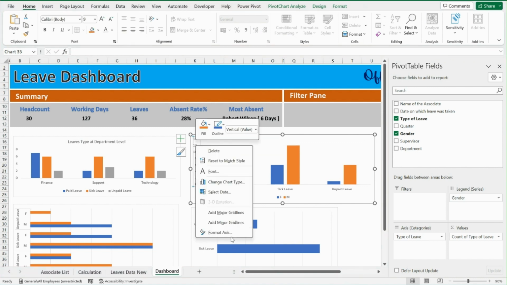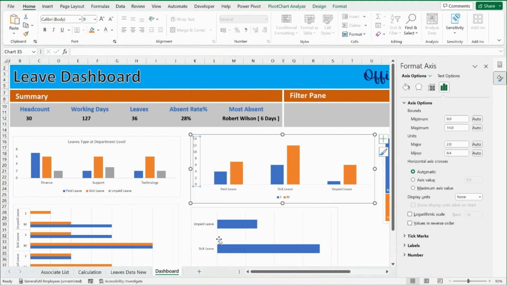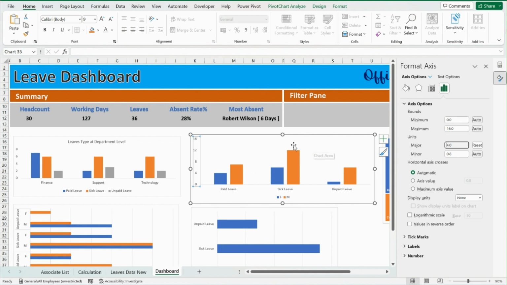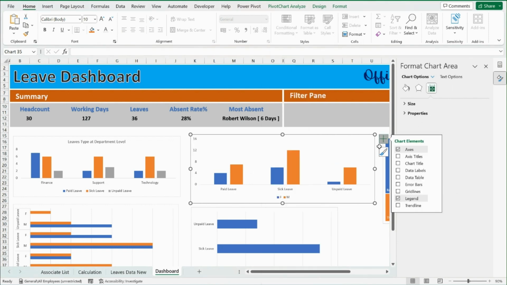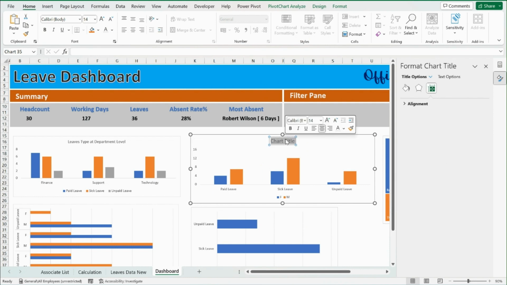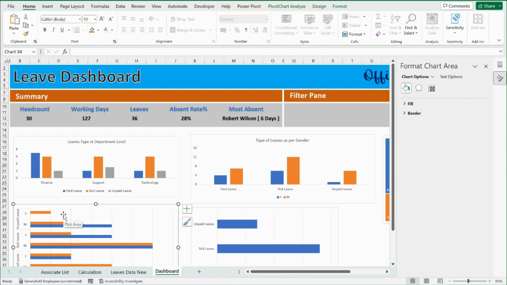I will update the format axis to say minimum to 4. Then I will give this name as type of leaves as per gender, chart title, leaves as per gender, done. And over here we will see the leaves taken per associate per quarter,